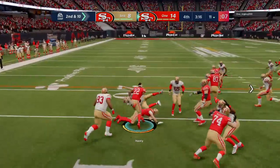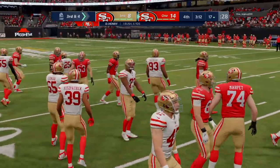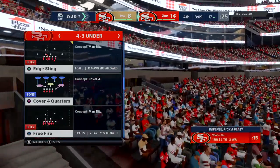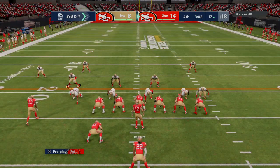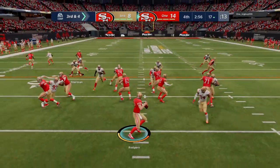They'll try and chew some clock with Henry. They get 6. That'll leave them with 3rd and 4. A tight game like this, such a tough spot for the offense to be in. Even though they have the lead, Charles, back up so close to their goal line, they've got to protect the football. And that's when you have to take care of your team with play calling as well. Not a lot of misdirection, not a lot of counters, not a lot of plays where you have...